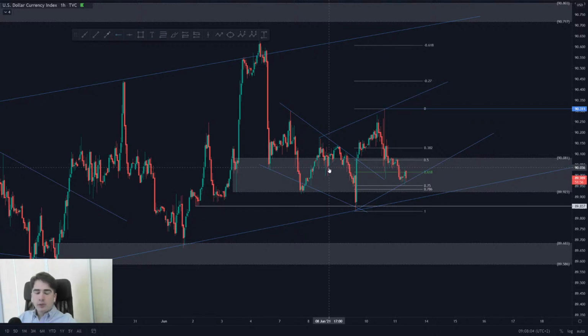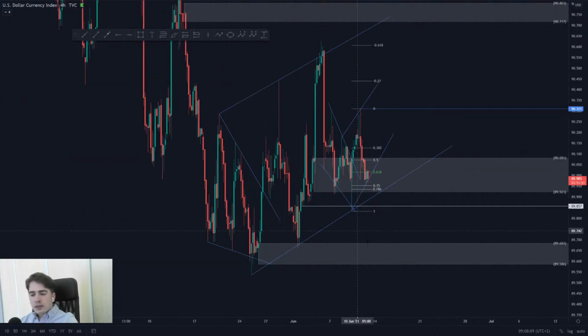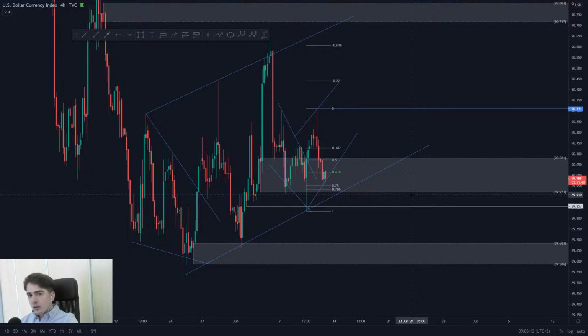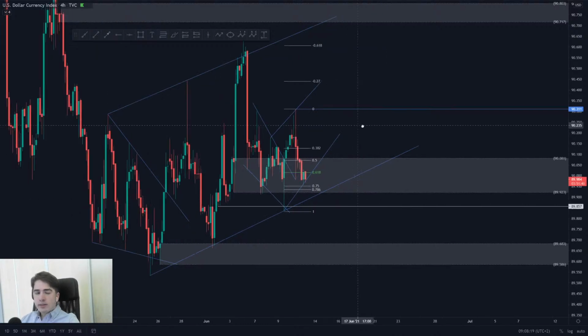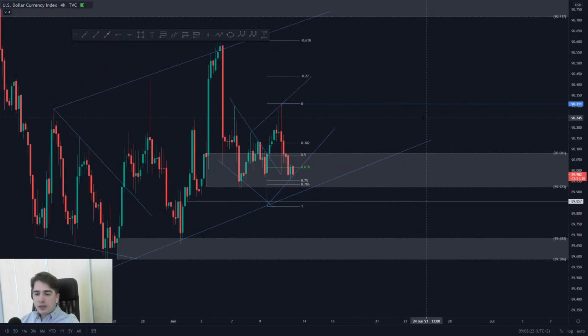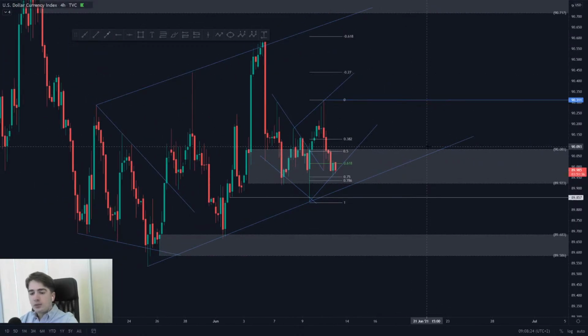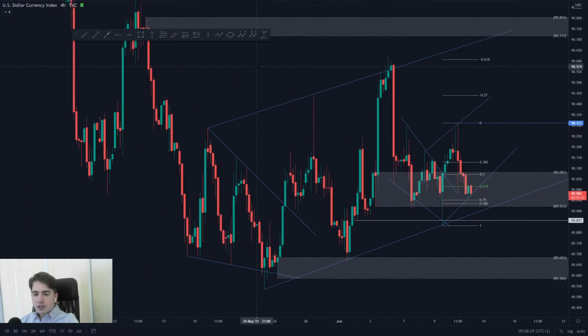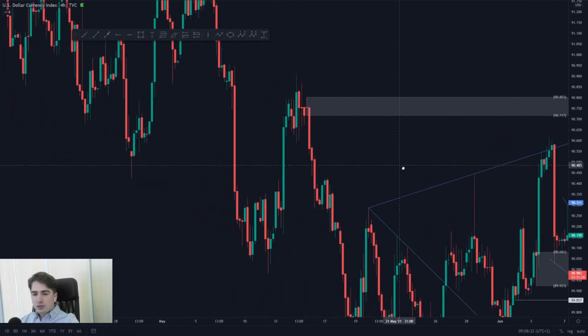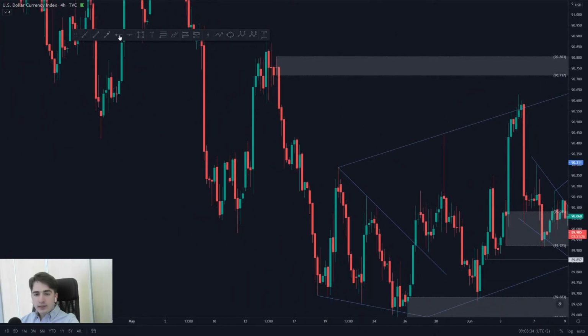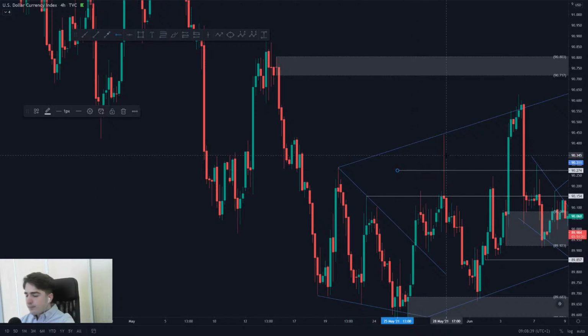So what I really like doing in general when trading, when I look at, for instance, the 4-hour or the 1-hour time frame, is I always like to mark out swing highs and swing lows in price. And the main reason behind doing so is that if you mark out those swing highs and swing lows, you can really easily find places within the market where a lot of retailers place their stop losses. So to give you guys a quick example, let's say we mark out this swing high over here,